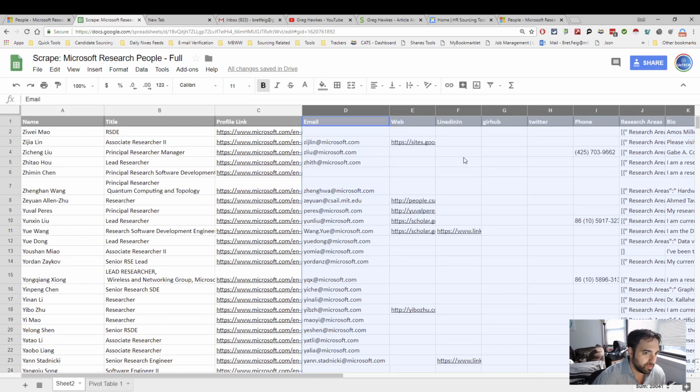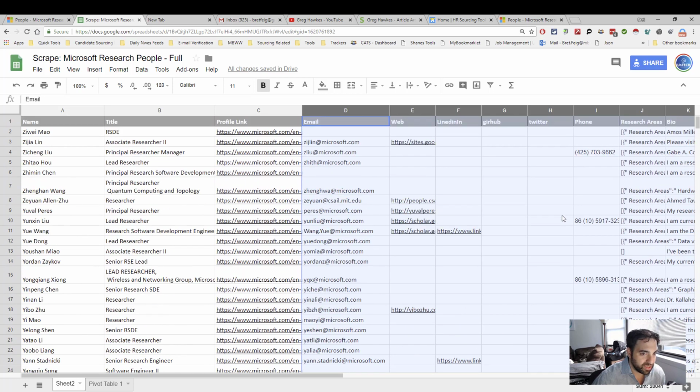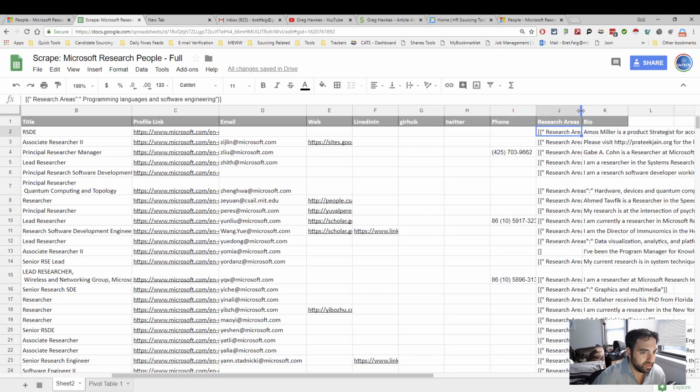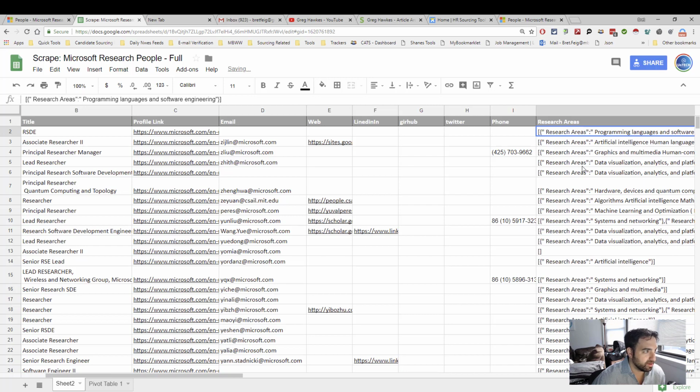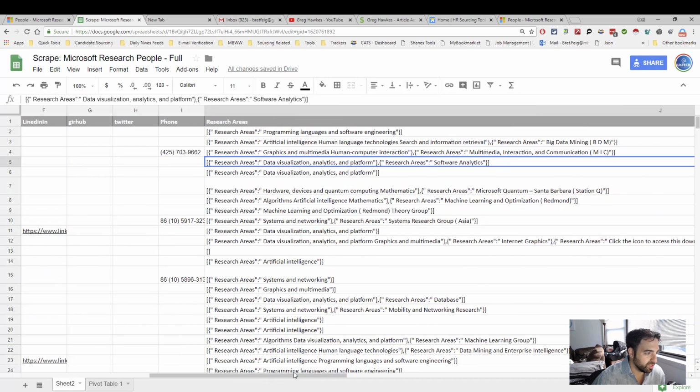Didn't get much GitHub or Twitter, got some phone numbers now and then. Was able to pull their research areas or areas of expertise, and I sort of hid this a little bit, but let me expand it. You see it's getting everything separated really nicely for us, easily imported into a database or spreadsheet or whatever the case is, research areas,